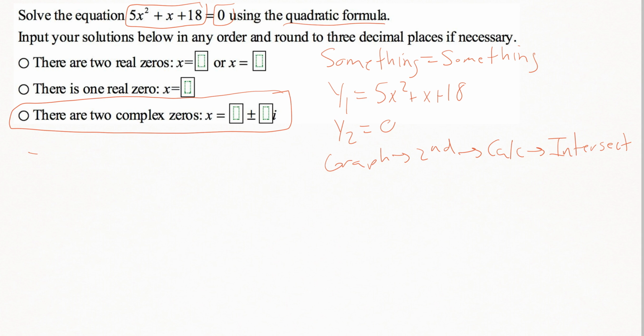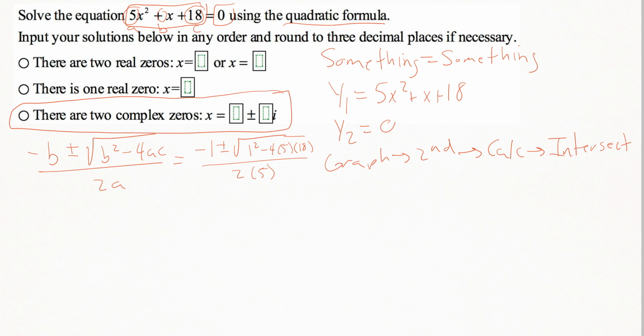So our quadratic formula is negative b plus or minus the square root of b squared minus 4ac all over 2a. So the number in front of x squared is our a value. The number in front of x would be our b value, and the constant at the end would be our c value. So when we plug everybody into our quadratic formula, we're looking at negative 1 plus or minus the square root of 1 squared minus 4 times 5 times 18,